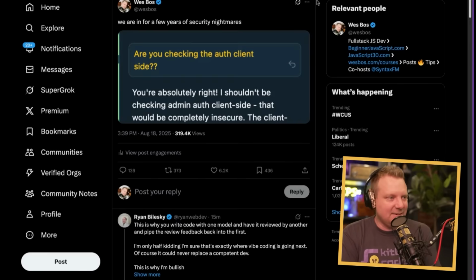I added that in, and then I just typed into Cursor, go ahead and protect these routes with it. And it started adding the auth client side. It was checking for the authentication client side, and it was also adding an error message that says, you don't have access to this, add a cookie with this following value in order to have access to it. So it's literally telling the person how to get access to it.